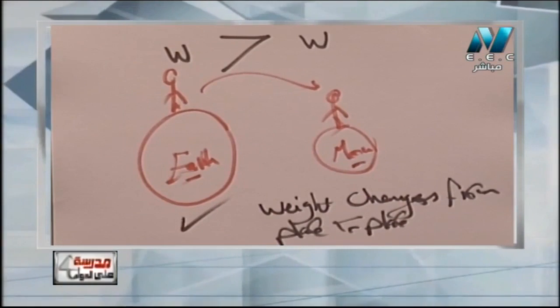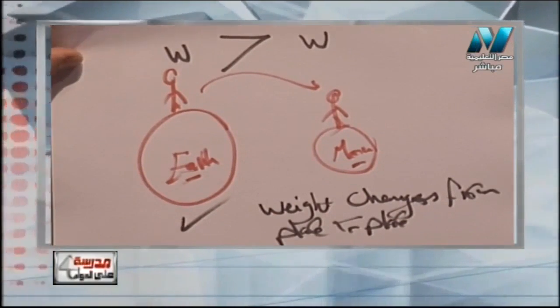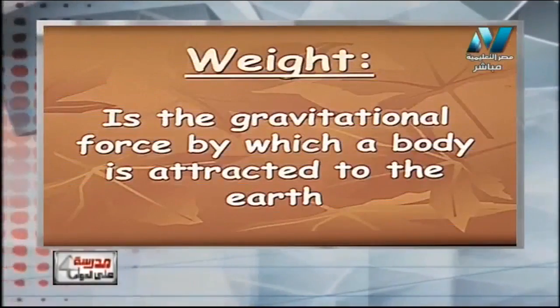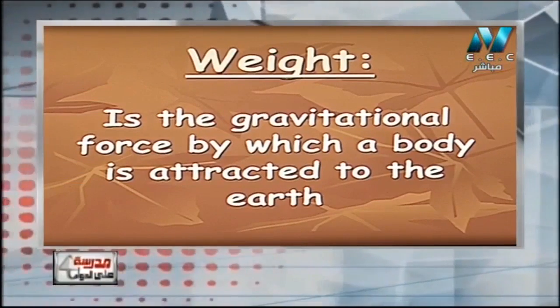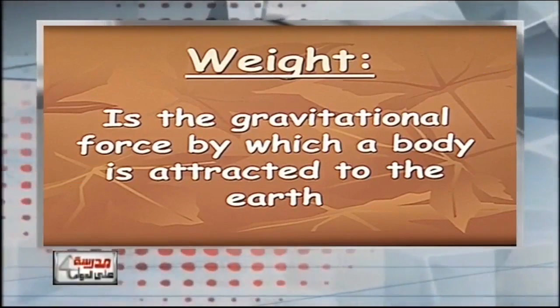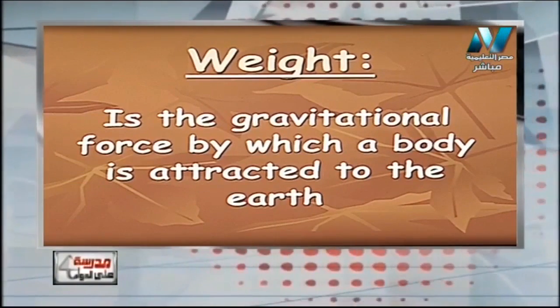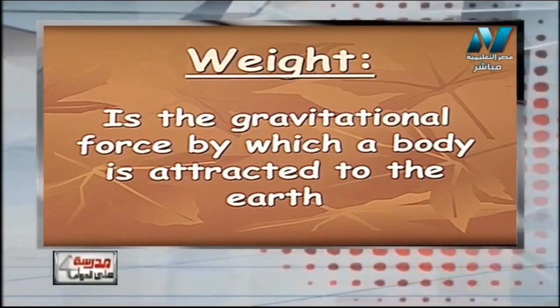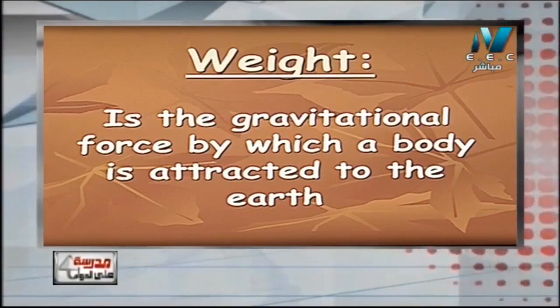Okay? So we can say again the weight is the gravitational force by which the body is attracted towards the earth, and we can say weight is a variable or constant value. You can choose. Let's choose together: variable or constant. Of course it will be variable. Why? Because it changes from place to place, according to the size and strength of the attraction force on the planet